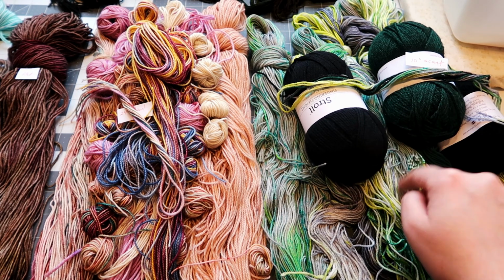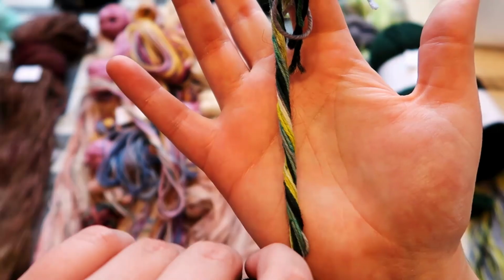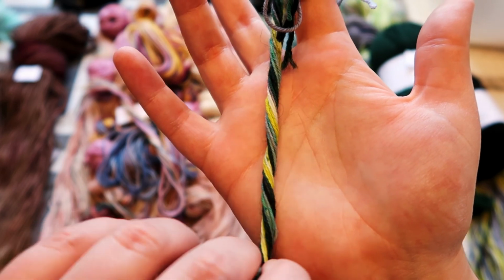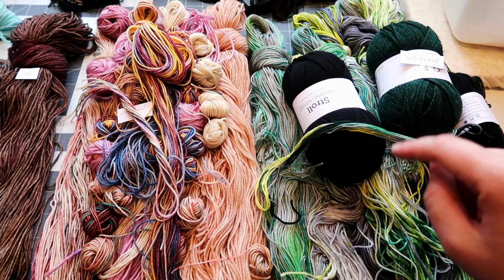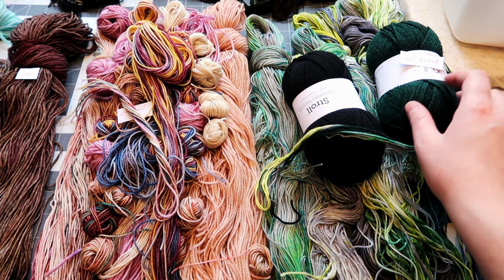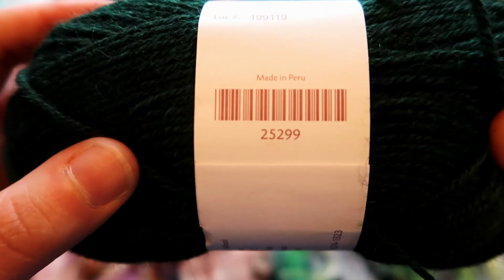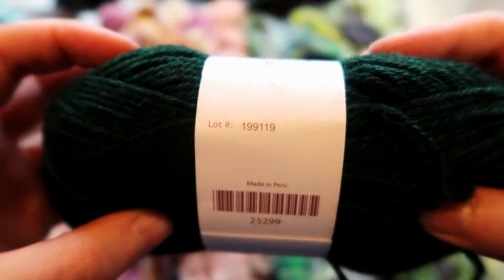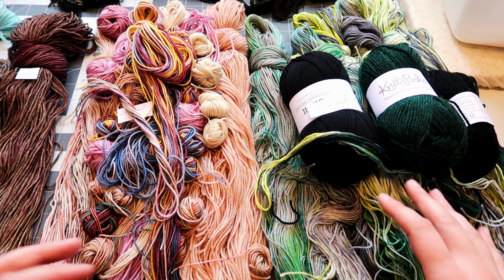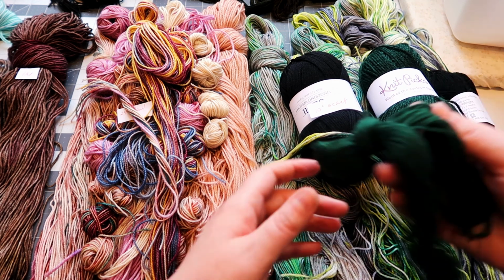I did the same thing for this one for the 10-inch loom. Again, you can see that these yarns go nicely together when twisted up in these little scraps. I am supplementing this grouping with this Stroll fingering in black and this Wool of the Andes Sport in 25299, which I believe is the Aurora Heather colorway, simply because these yarns go well together nicely, but this green